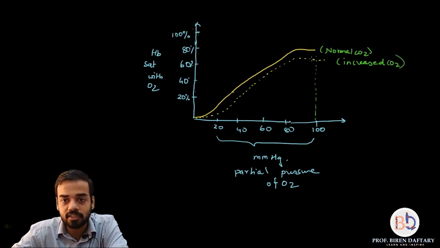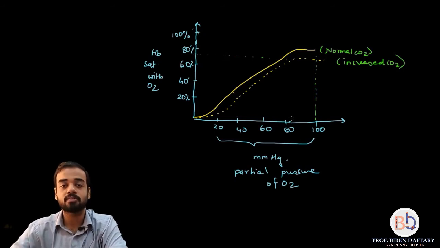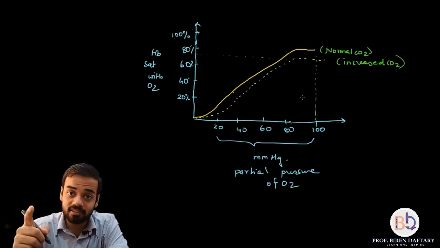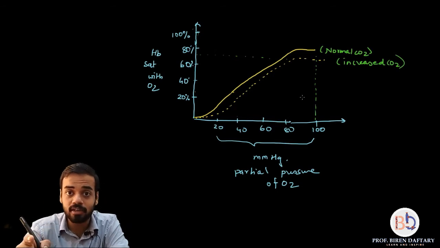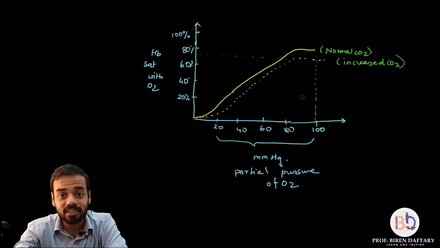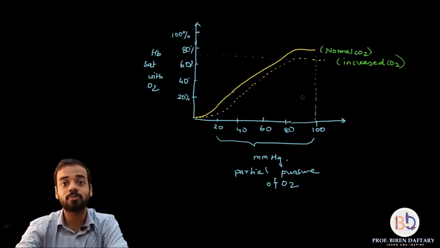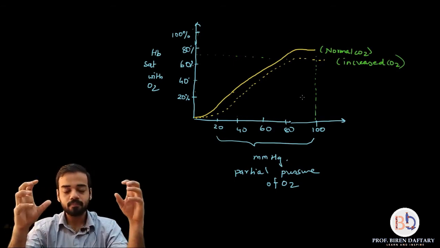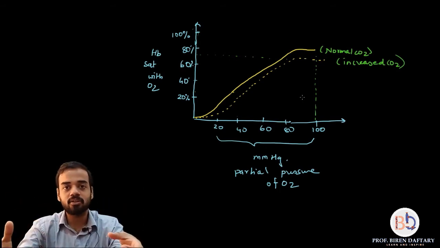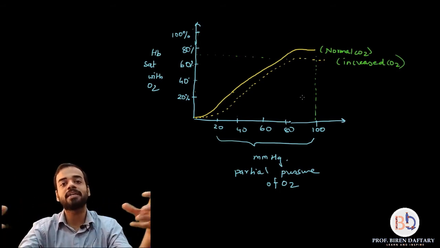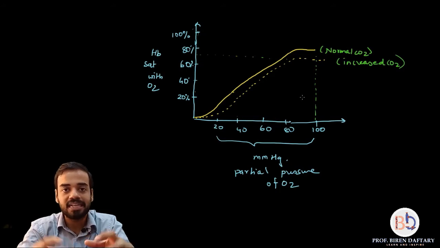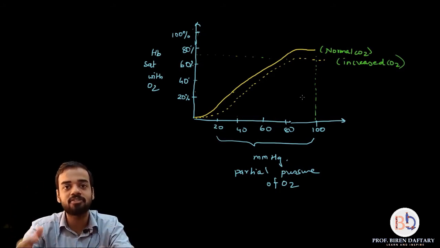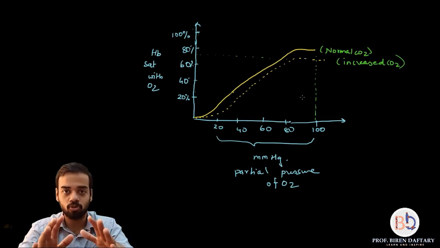But if you see the value for this saturation, if you take the value backwards, then the saturation is 70%. So the partial pressure of oxygen is the same in both graphs, but when carbon dioxide is increased, the saturation of hemoglobin decreases. Why is it so? Because it is very simple. Increased carbon dioxide will prevent oxygen from binding easily to hemoglobin. Less carbon dioxide means oxygen can bind easily to the hemoglobin.